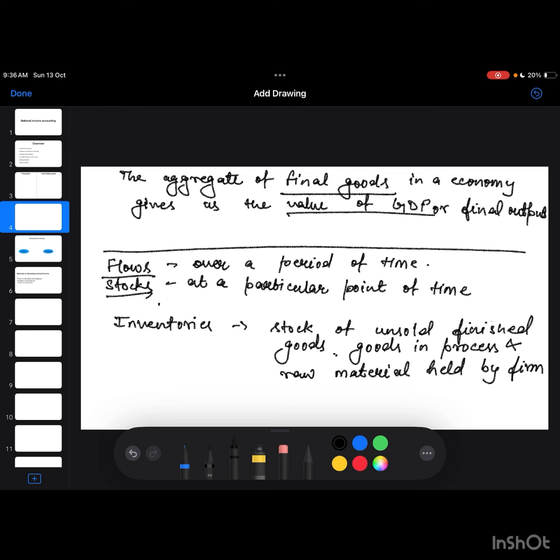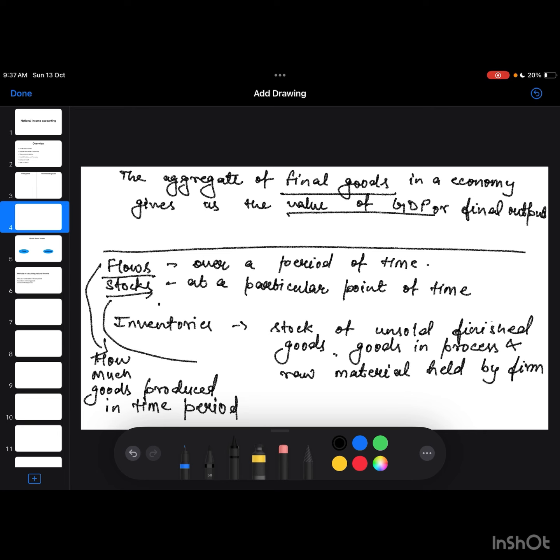Flow we calculate over a period of time, like how much goods are produced during 4 months, or how much goods are produced in a year, or a time period. This is flow,